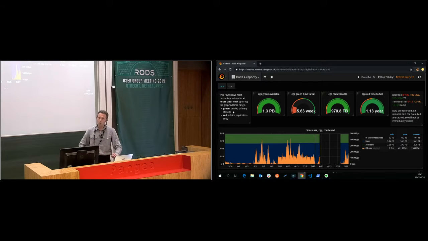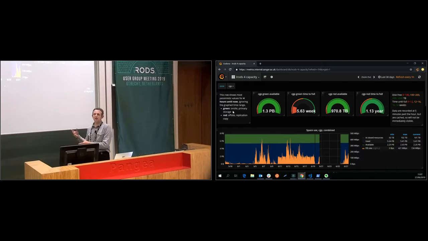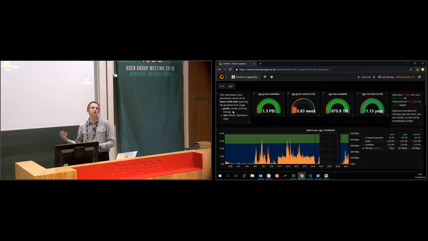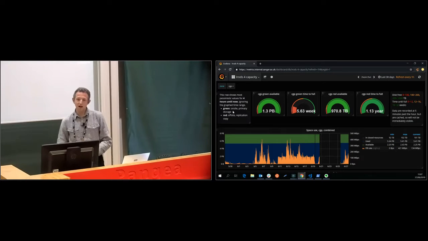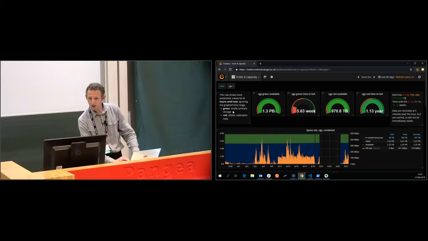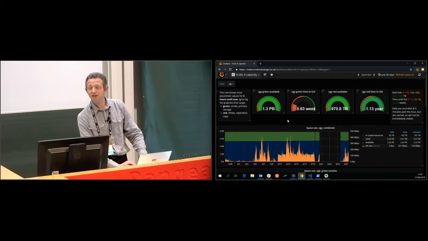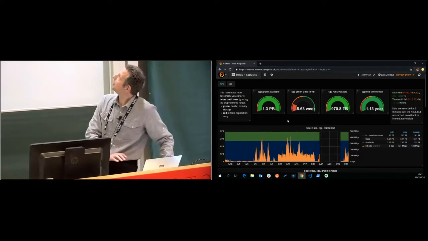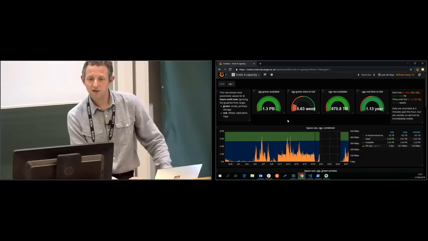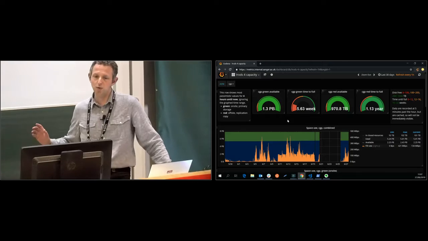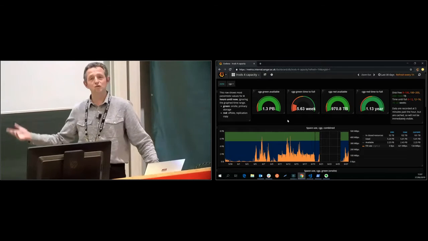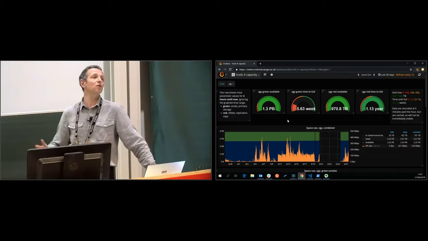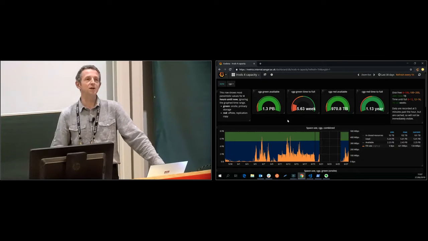So what we have come up with is some scripts which get the data out of iRODS, because we have the data for how much is used and how much is available in all the resources, and then we put them up in assorted different dashboards. We are not graphical design experts, as you may see. What we're seeing here is one of our zones, a moderately sized zone, probably our second largest. We had two trees: one called green, the other called red. This used to be the two data center halls they were in, and now red means one data center and green means the other, because naming is hard.